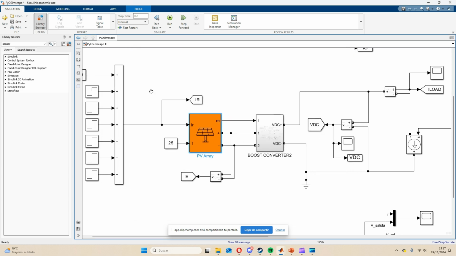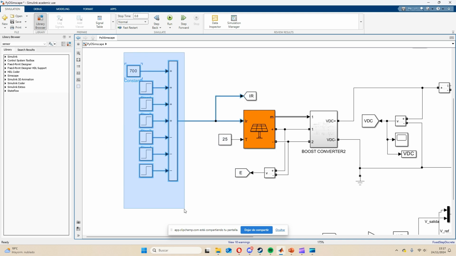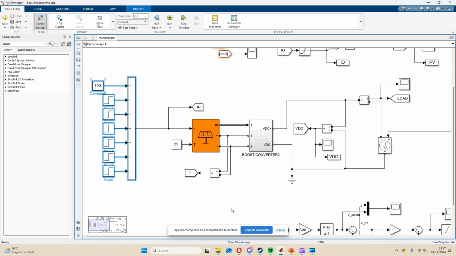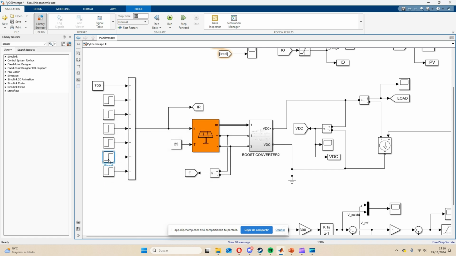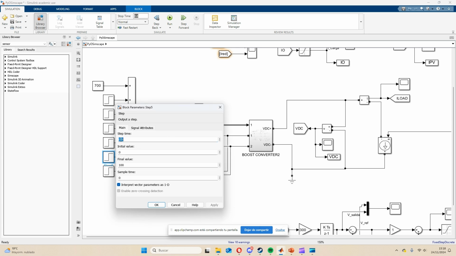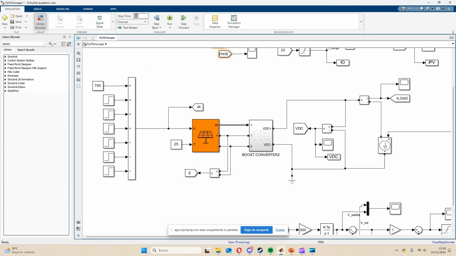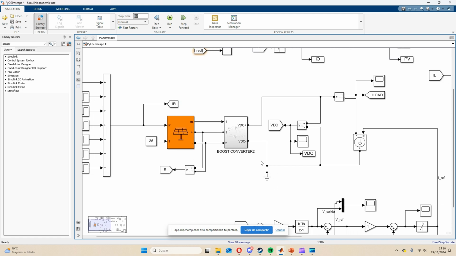So after we have modeled this part, you can work with different parameters. You don't have to do it the same as me. But if you have problems with this, you can put a comment and I will send you the file. So it's not a problem. You can work even with just 3 steps, not like this, and you just have to modify the simulation time because it ends. Actually this is wrong, because these 2 steps don't work. The step time is 0.9 seconds and we are just simulating 0.8. But anyway,